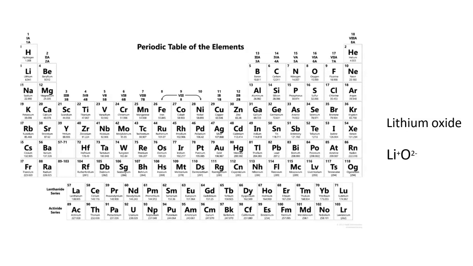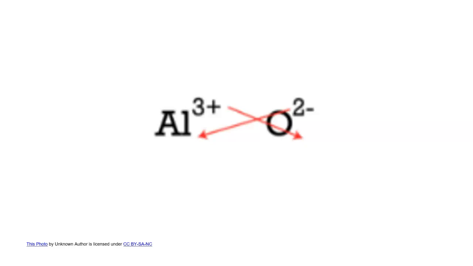So for compounds in which the ratio of ions is not as obvious, you can use the crisscross or crossover method. The numerical value of each charge crosses over to become the subscript of the opposite ion. The signs of the charges are dropped. And that's what we're looking at here. The 2 negative charge will cross over to become the subscript for Al. And the formula for aluminum oxide is